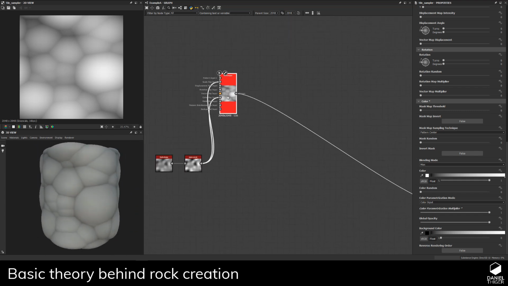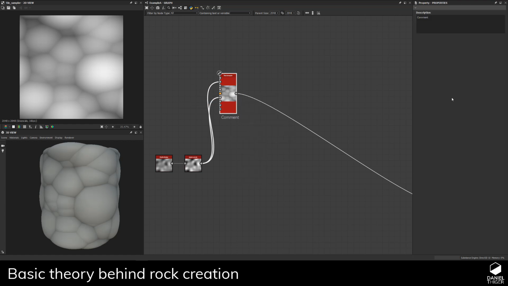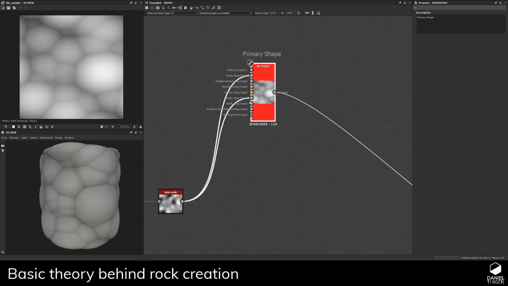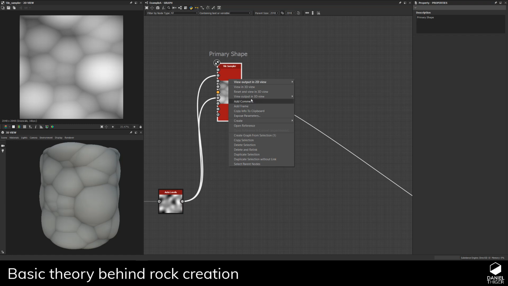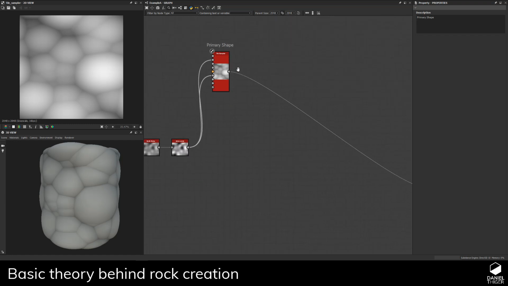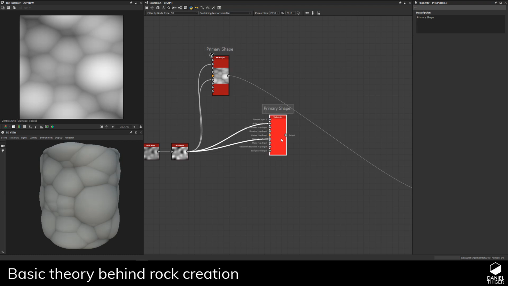And now we can actually add a little frame here. We'll add a comment, just so we remember what we did. Primary shape, I can pull that on top. So this comment will always stick with this node. So if you have a node selected and right click and say add a comment, it will always stick with it. So let's do our secondary shape,